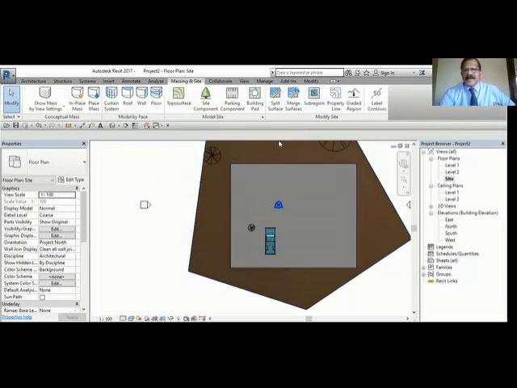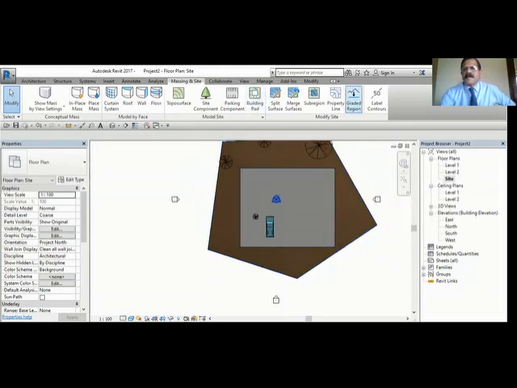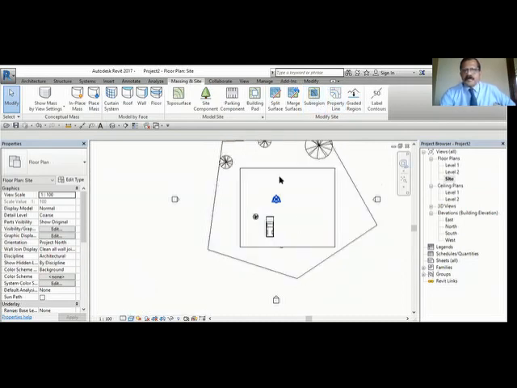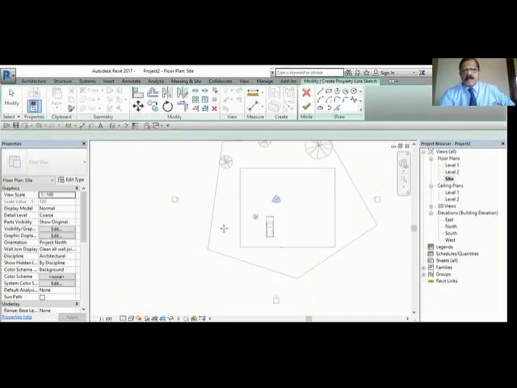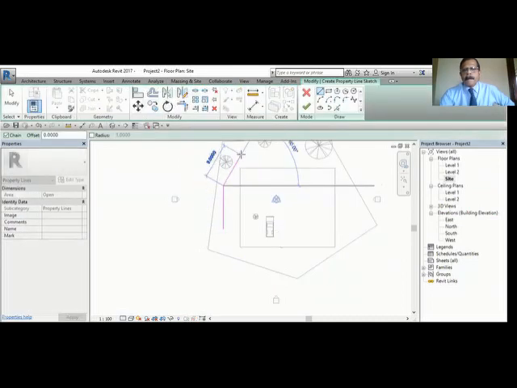Sub-region is just to create a small region here, like the building pad and other things. And this property line is actually for when this is your plot and you want to mark your property line. You can create the property line using distance or sketching. So we'll use sketching.